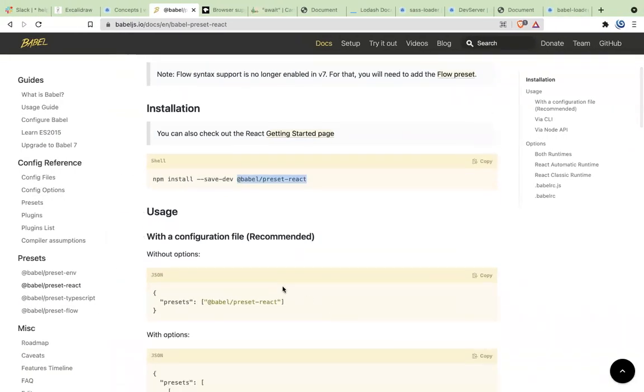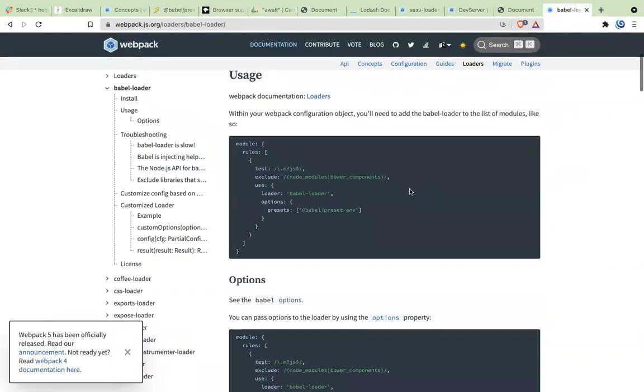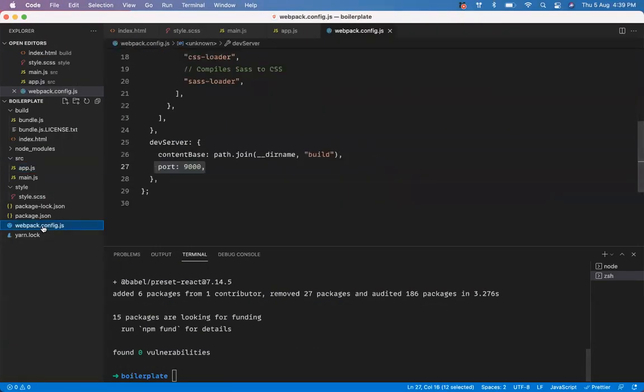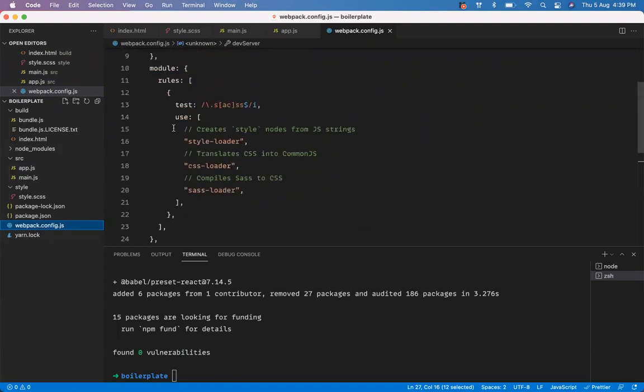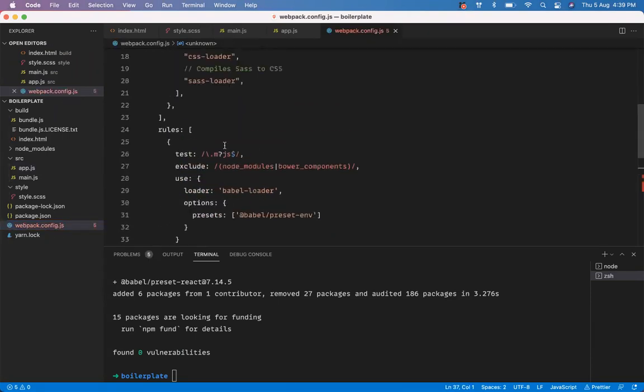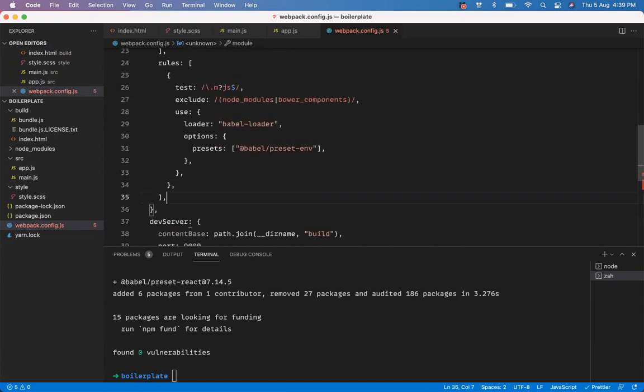Now the next thing is, how do you tell Babel, or how do you configure Babel? Again, the same story: you configure Babel using the rules. You remember how we configured SCSS. Similarly, we are going to configure Babel. So here we have Babel now. We'll go to this part and we'll start adding our next rule. So this is our rule number 1. This is our rule number 2. We'll just delete this extra thing here.